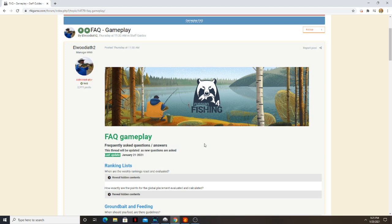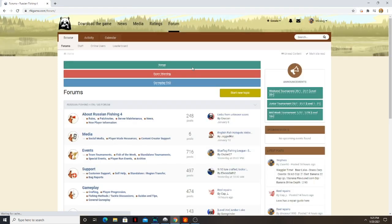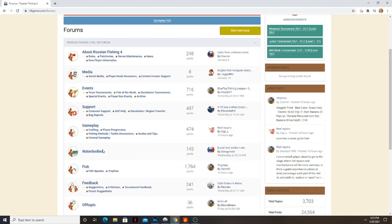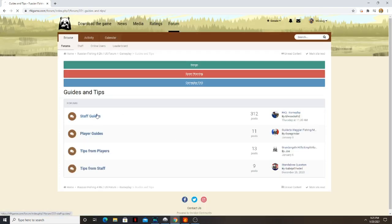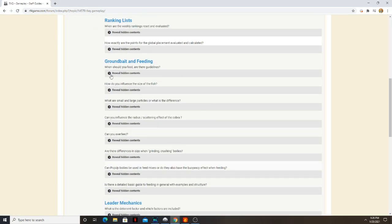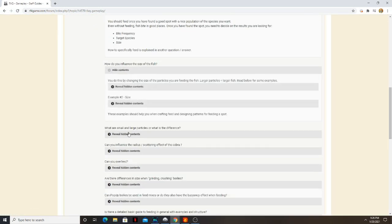This is simply on the main forum for this game. So if you go to RF4 game and then go to the forum, like we've done here, all of the guides are going to be right here under gameplay. Okay, there's a place for guides. Go to staff guides. And this is the FAQ that came out this past week. El Whittieth posted it. Specifically, we're looking at the information about